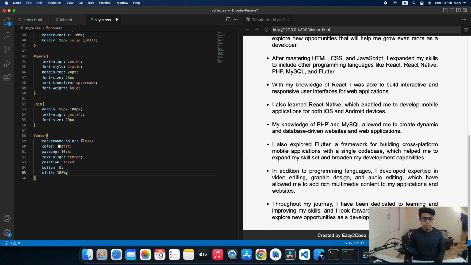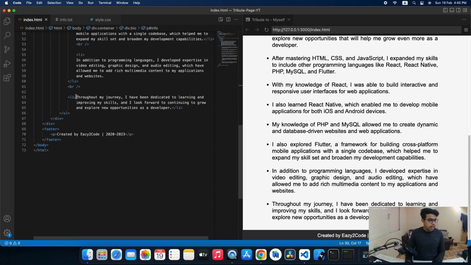But it's really too simple. To make it look more attractive, we're going to add some more links and images. I mean to say, we'll go with my YouTube videos. I will be fetching my YouTube videos from my YouTube channel and displaying them in my tribute page. It's by just copying the video URL and pasting it inside the image. Simple. And once the user clicks on that, the user will be redirected to my YouTube channel and can even watch the video. So for that, let's come back to our HTML file,